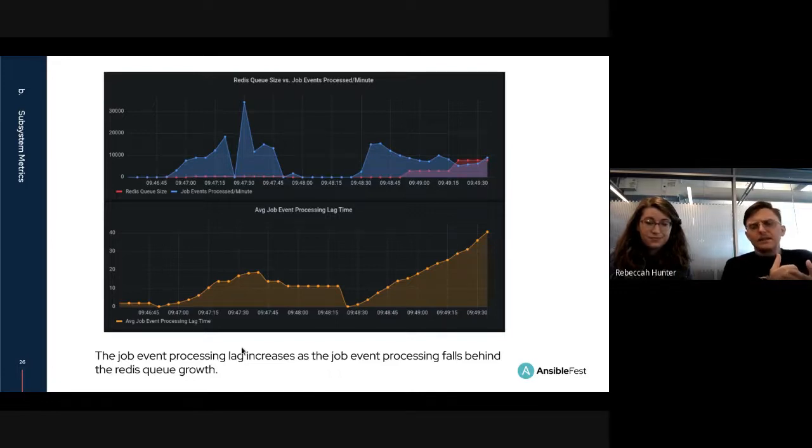When the red line, the current queue size, gets above the blue line, that means that based on the past minute, we probably won't be able to process this many events in the next minute. So you can see they're highly correlated. There are two looks into the same kind of situation where the Redis queue size has grown faster than the event processing rate, and therefore we're falling behind.